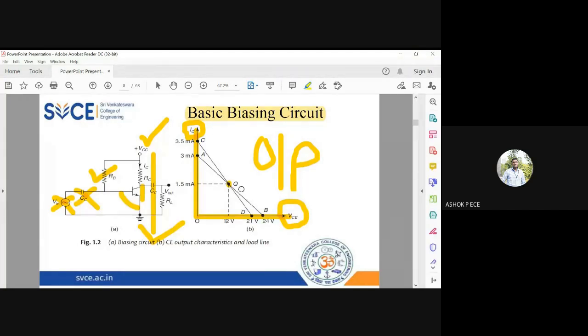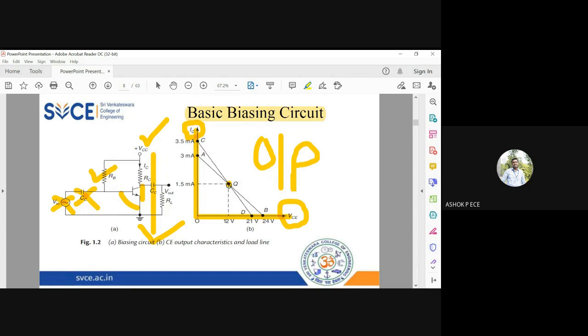So A and B are the endpoints of the load line. If you join A and B, that is going to be called your DC load line. And the Q point will be exactly in the middle of your DC load line. Assume A value is 3 milliamperes and B value is 24 volt. Half of that is 1.5 and 12. So if you draw a line from 1.5 milliamperes horizontally and 12 volt vertically, you will be meeting exactly at